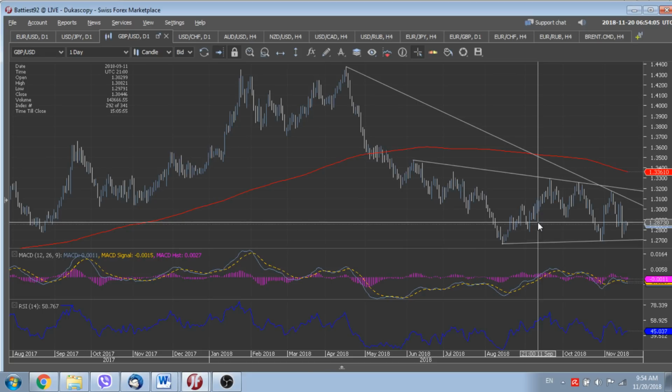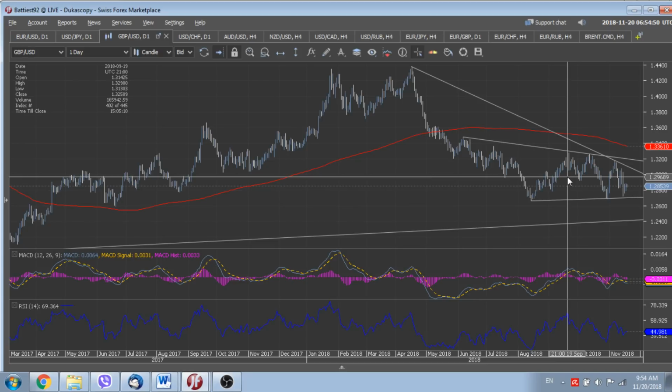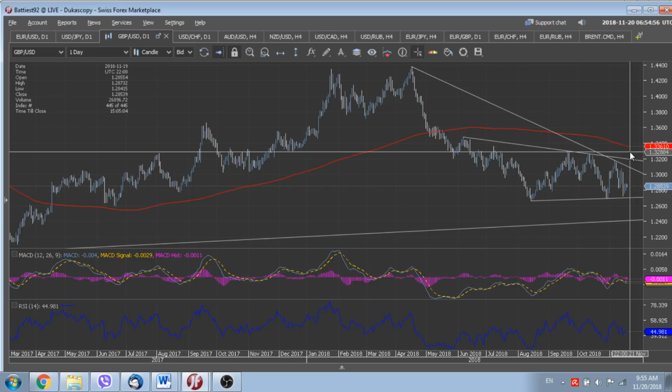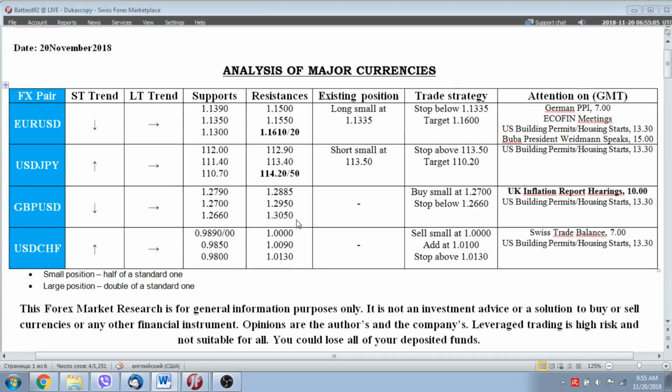That's from a technical point of view, but anyway, there are some further stronger resistances, and probably the strongest one is located at 1.33, where lie the highs of the 19th of September, and also not far from this level we can find the moving average 200 daily line at 1.3361. So from a longer term point of view, the cable should remain under pressure while below the aforementioned chart barriers.